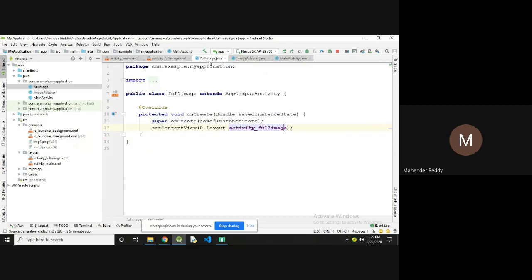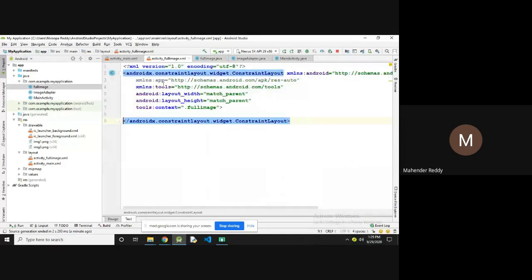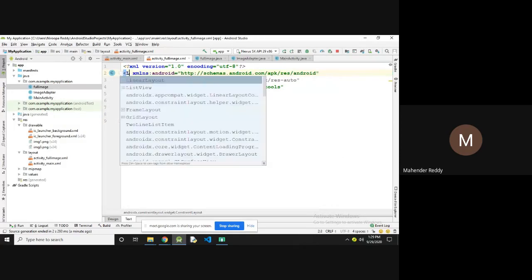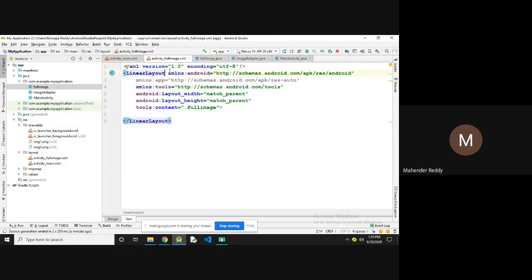That activity is here, and it is FullImage dot java. For that I'm going to create one ImageView here. This is a ConstraintLayout, so I'm going to change it into a LinearLayout.